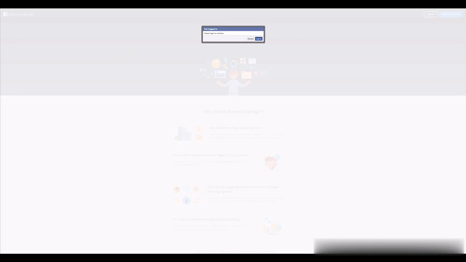And then you can select business settings, and from business settings you can go to the people section within that particular business manager,